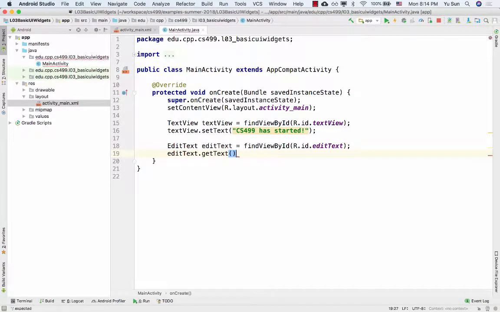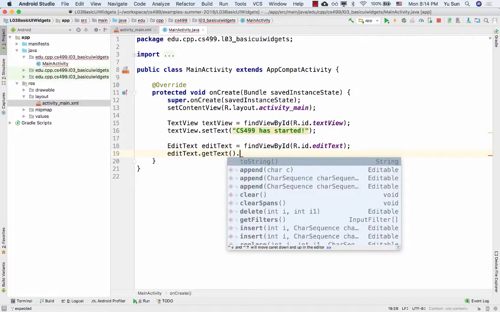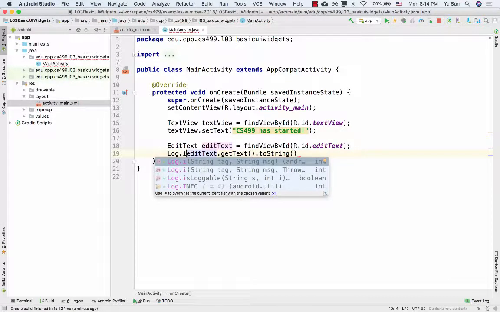Get text, that's going to give you the actual text content. But be careful, when you do the get text, as you can see, the return type is something called Editable. That's not a regular string. And most times it doesn't cause a problem, but the best way is always to put it to string. So if I'm going to use the log method to see what I type,